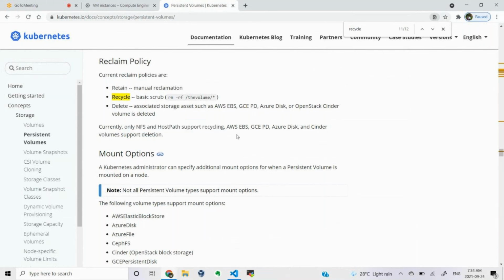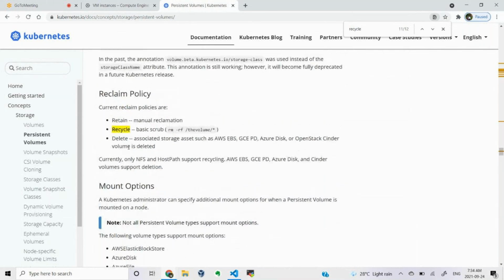What about this delete? Associated storage assets such as AWS EBS, GCE PD, Azure Disk, OpenStack Cinder volume are deleted. What does it mean? When you try to delete your PVC, the PV will get deleted automatically, and the disk which is used in the backend also will get deleted.